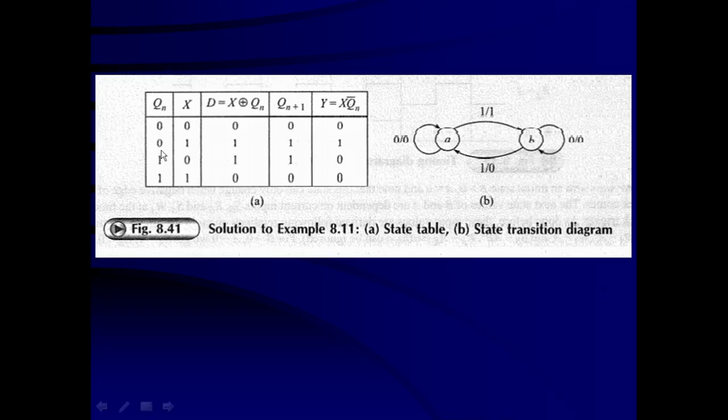So this is a state diagram or state table. Qn is starting with the initial conditions. Qn is going to be 0, it is reset. X is given 0 value. Then the D input is the output of the exclusive OR gate. So 0 0 is the input for the exclusive OR gate, so the output of the exclusive OR gate is going to be 0. So D becomes 0.